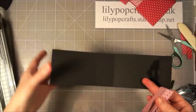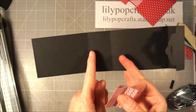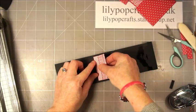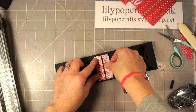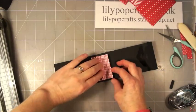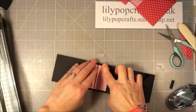Right, so we want to get it, you're not going to be able to see, oh yeah, the score lines. So it's a 1/4 inch all the way around basically. Try and get it even, but it doesn't need to be millimetre precise. Give that a good press down. And just go over each